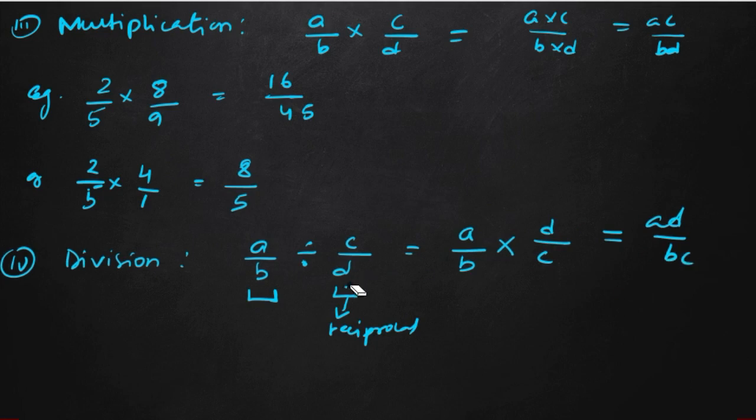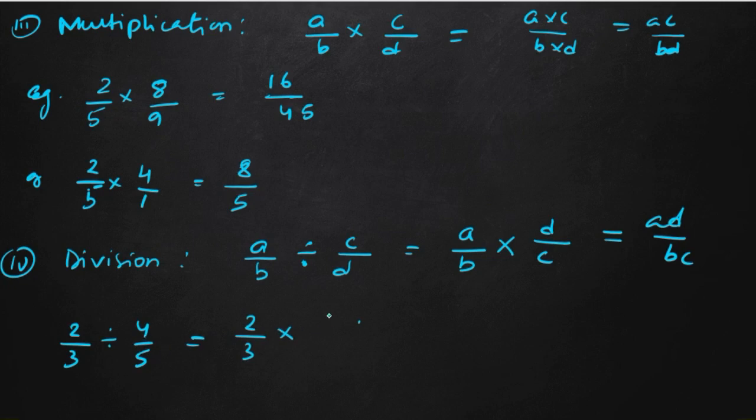Fine. So if we take one example, suppose 2 by 3 divided by 4 by 5. You have to write 2 by 3 into 4 by 5 will get reciprocal, it will be 5 by 4. So the answer is 5 2s are 10 divided by 4 3s are 12. To convert it into simplest form, you have to reduce this. 2 5s are 10, 2 6s are 12. So the answer is 5 by 6. This is in the simplest form. Okay. So these are the 4 different operations on the rational number. You have to remember this.